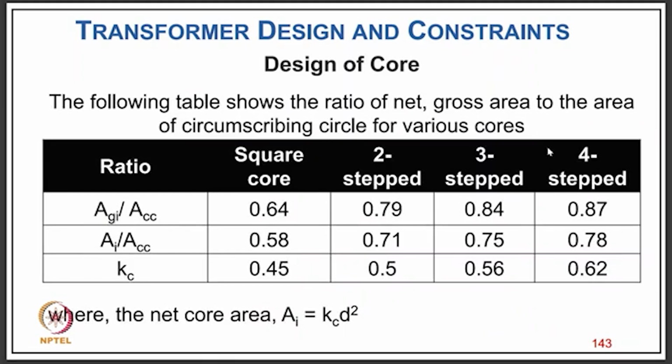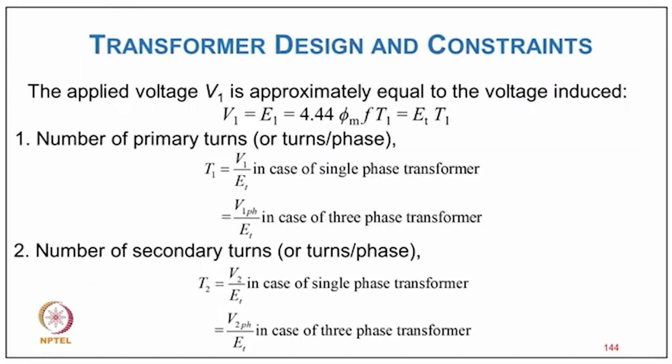And now you can see how it is with the different steps increasing, which you can even make a program and get this data. So for this ratio of AGI to AC or AI to AC, or KC, how the factor becomes: for square core, it is 0.64, then for 2 step 0.79, for 3 step 0.84, and 4 step 0.87. You can see the gain from 0.64 to 0.79 is quite substantial to go from square to 2 step, but that much is not the gain on further increasing. So normally 2 step cores are reasonably preferred, but for high rating we go even for a high number of steps, because within the same circle you get more area of the core, and you are able